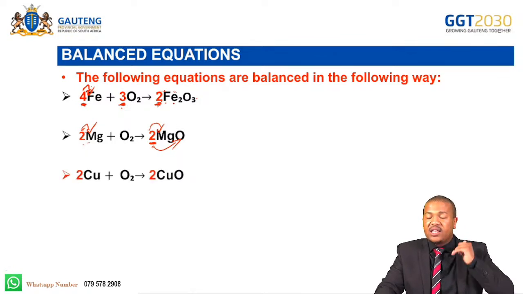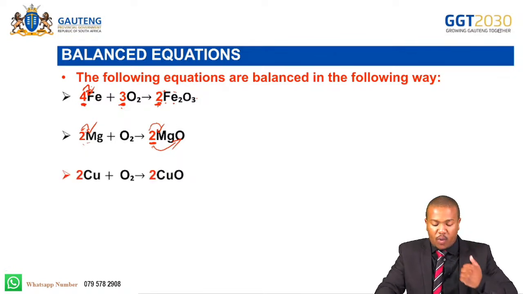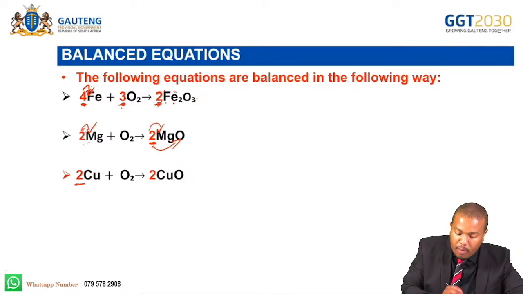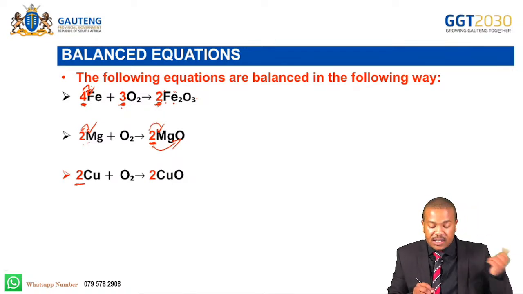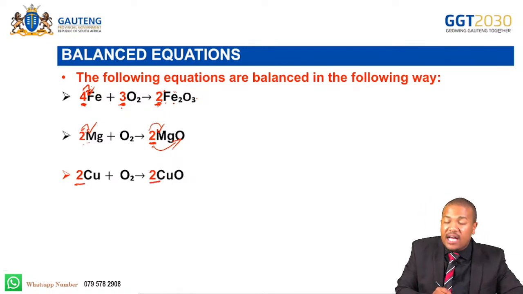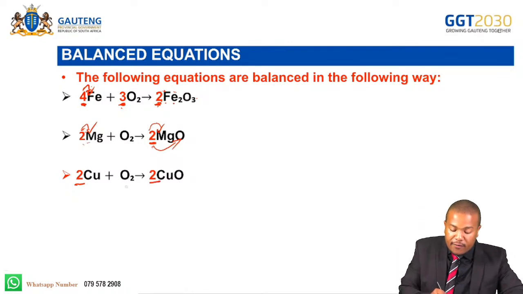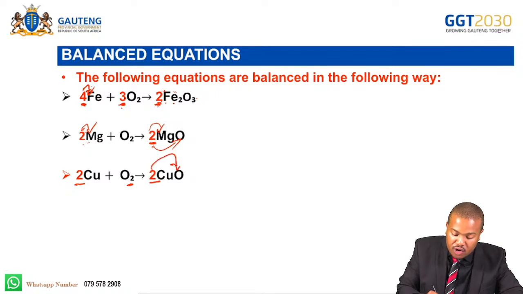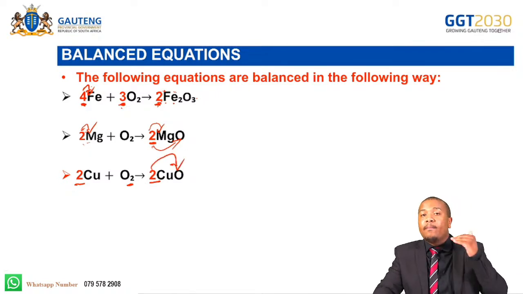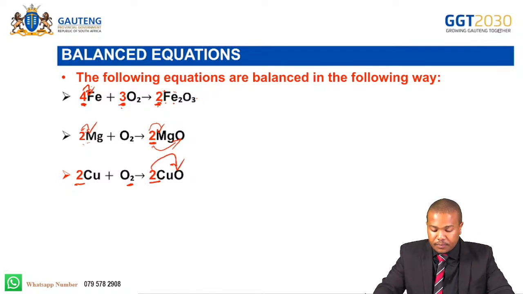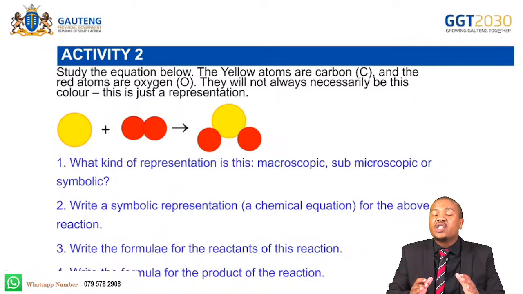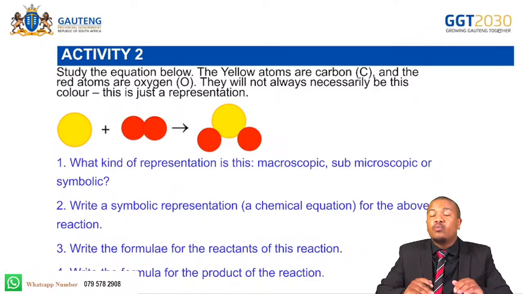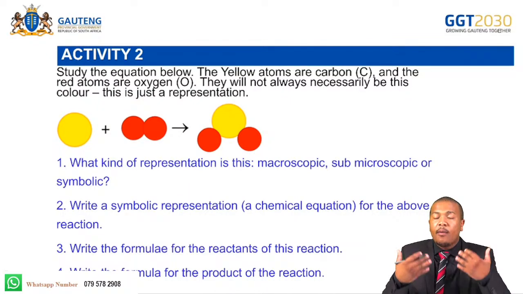Now looking at the third one again, right? It is the same situation. We have 2 coppers on the reactant side. We have 2 coppers on the product side. We have 2 oxygens on the reactant side, and we have 2 oxygens on the product side. Are we together? So now let's quickly move on to activity 2 before we get on to more examples